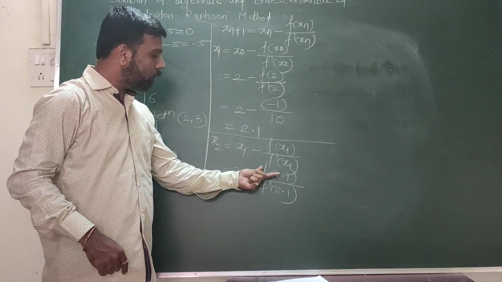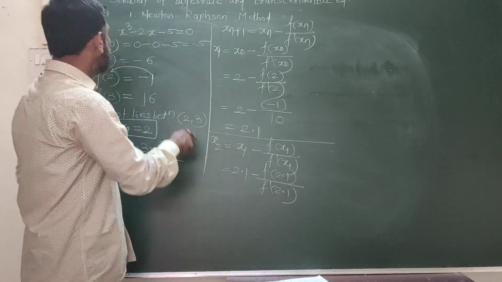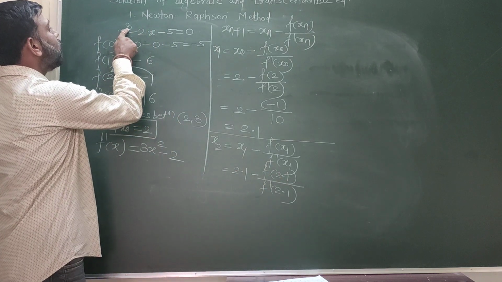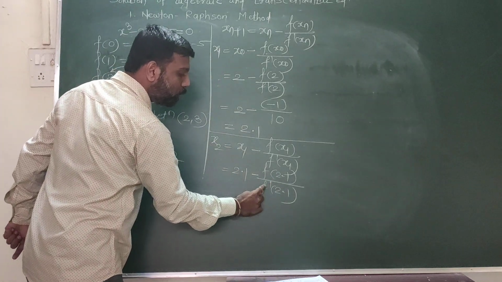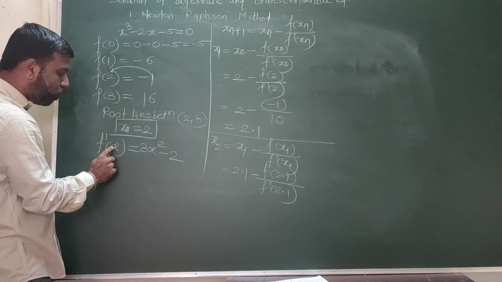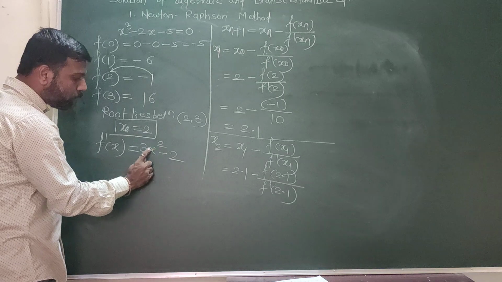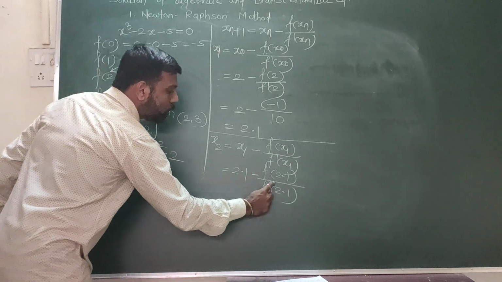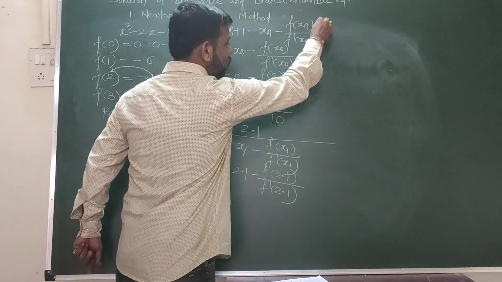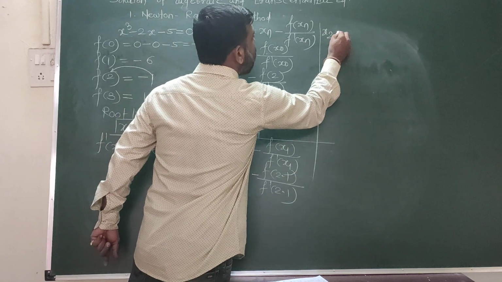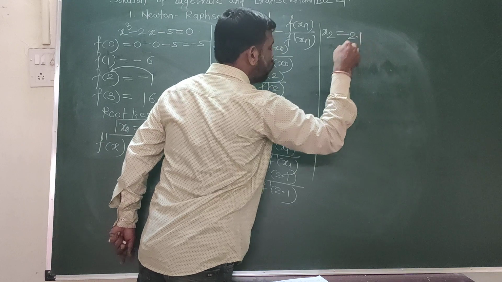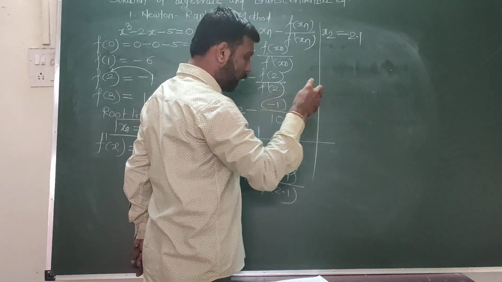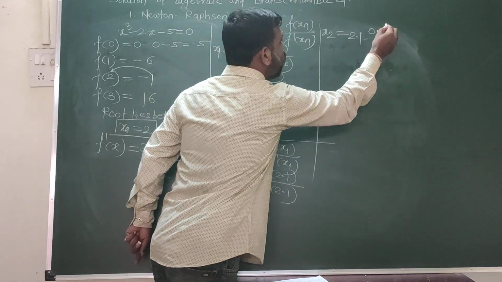Now we require f of 2.1. Substitute 2.1 here, and it gives the value of f of 2.1. Similarly f dash of 2.1 is 2.1 square into 3 minus 2. So after this we have x2 is equal to 2.1 minus 0.0610